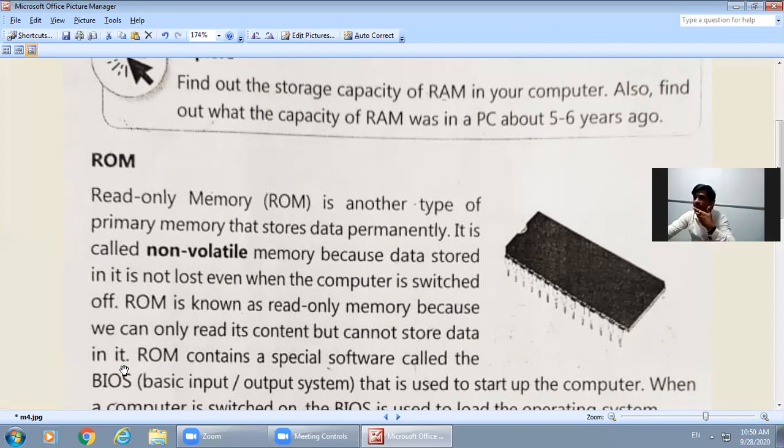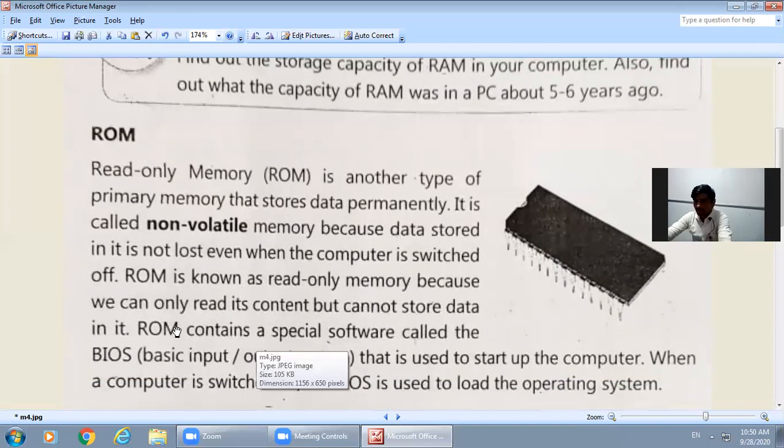क्यों इसे रीड ओनली कहते हैं? कि इसमें हम स्टोर कर सकते हैं उसका डेटा, रीड कर सकते हैं लेकिन स्टोर नहीं कर सकते. ओके, ये चीजें आपने कंप्यूटर में देखे होंगे, ऐसी चिप्स होती है, उस चिप में दैट इज कॉल्ड रैम. ओके, नाउ